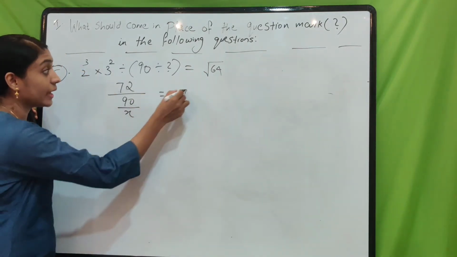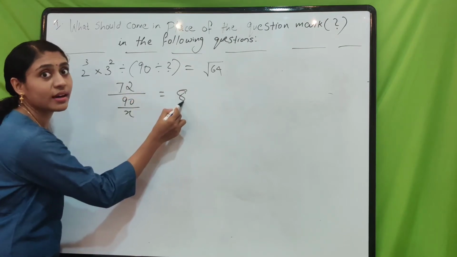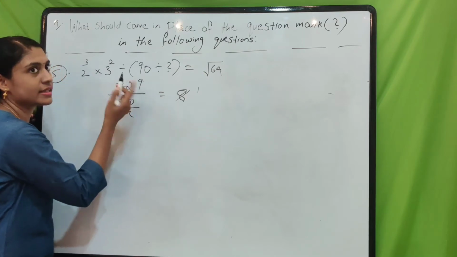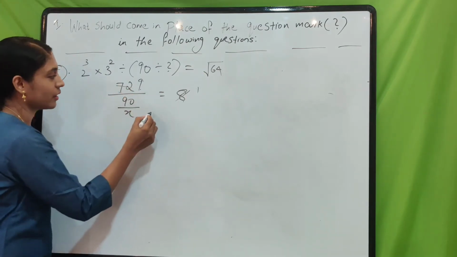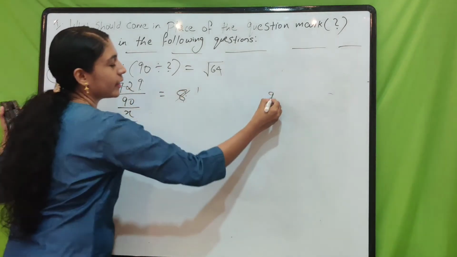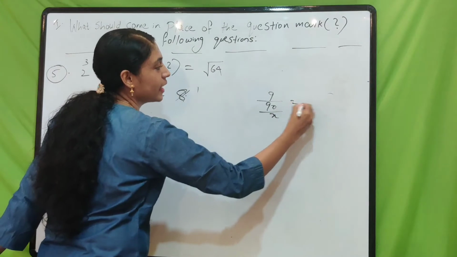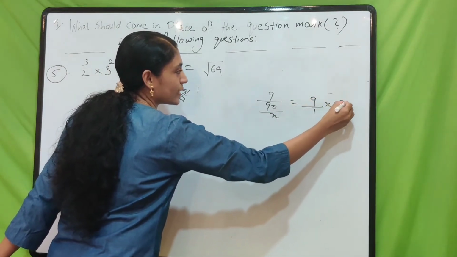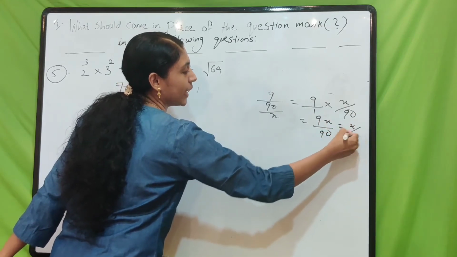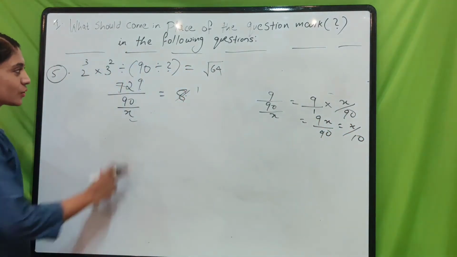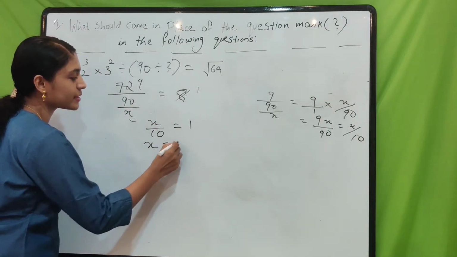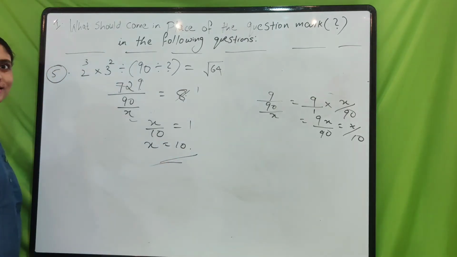And how can we solve this? Here in the LHS it is 72 and in the RHS it is 8. So we can cancel, because 72 is divisible by 8 by 9. 9 8s are 72, right? So here it becomes 9. So how can you write this, x going to this side? Because this 9 by 90 by x can be written as 9 by 1 into x by 90, right? So it will become 9x by 90, which is nothing but x by 10. Got it? So instead of this, we can write x by 10. x by 10 is equal to 1. From here x is equal to 10. So the answer is 10.